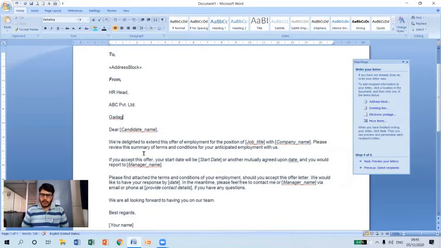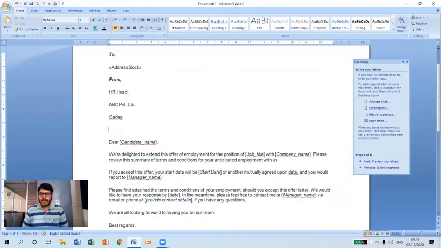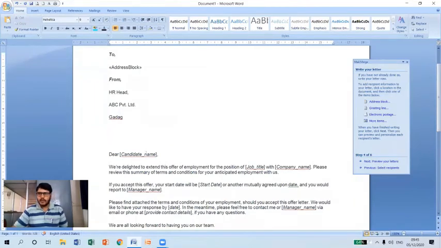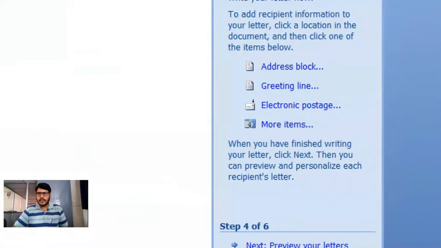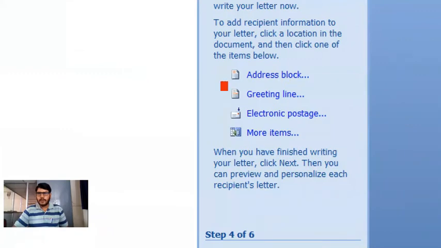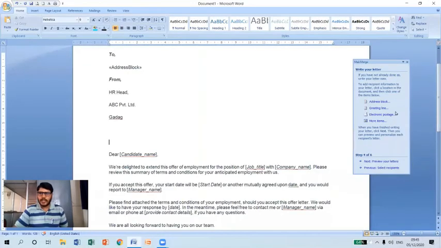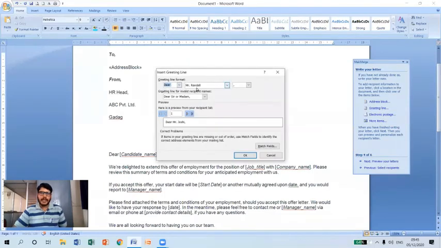After including the from address, now I need to include a greeting line. As you can see here in step number 4, we have a greeting line item. We simply click on this greeting line so that it can include the greeting line. Again, it is asking for a format: how do you want to insert the greeting line, whether you want to mention Dear or To. Likewise, we can select the format here. Let me include Dear only.